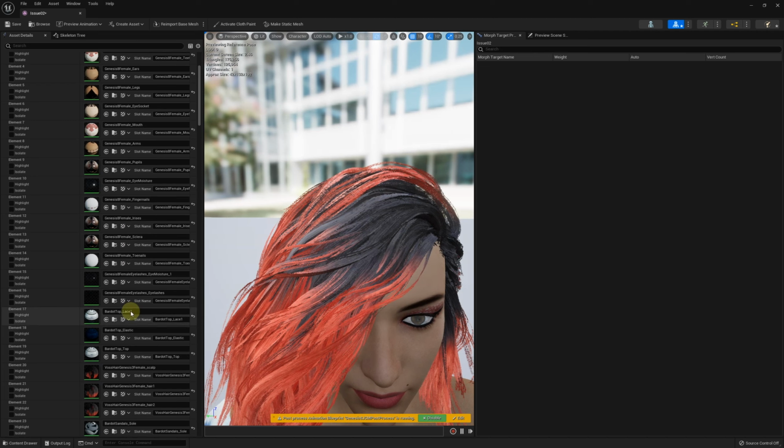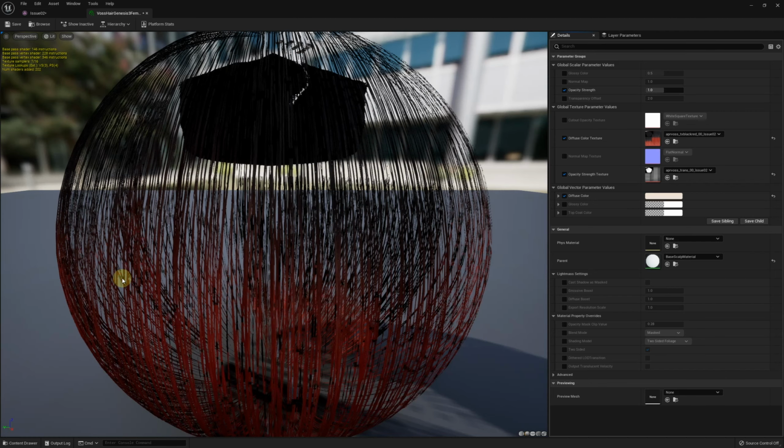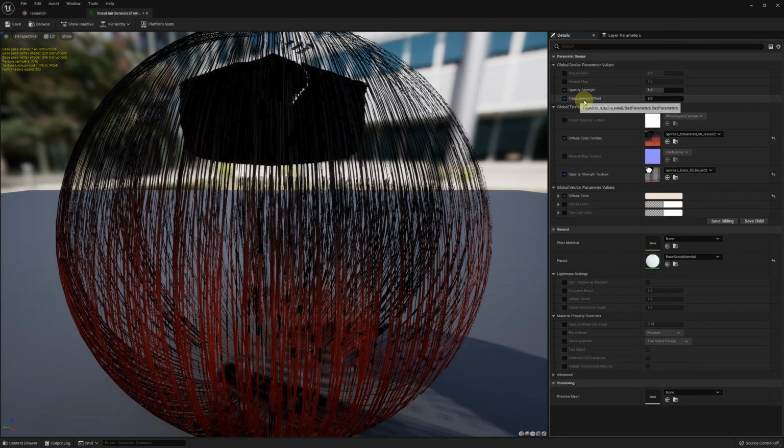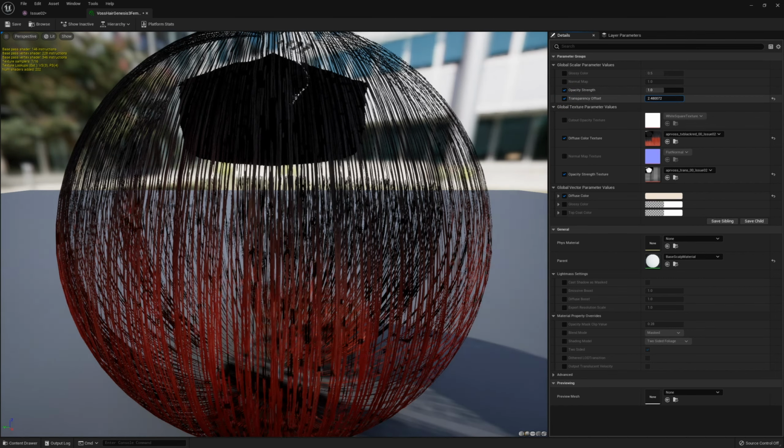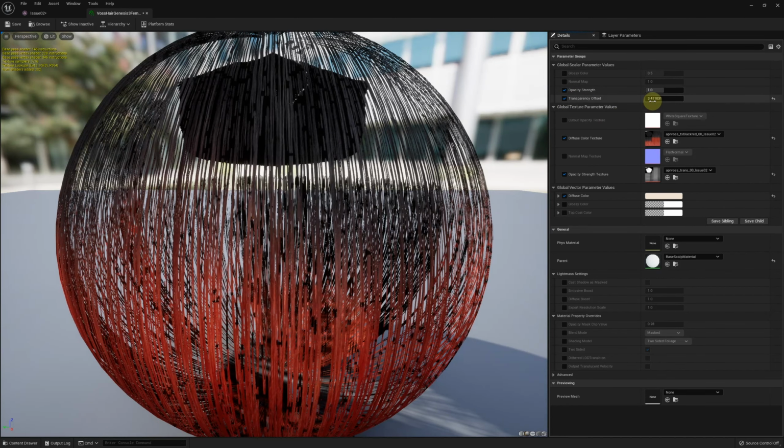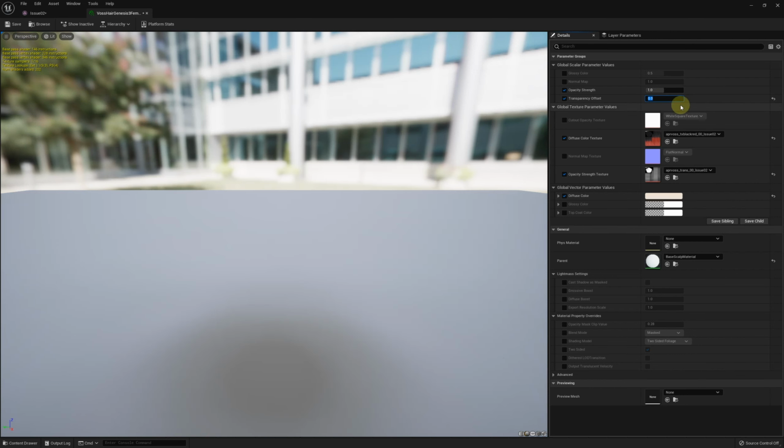You may have a hair problem. Open the material. Check the box next to Transparency Offset and adjust the value. That will fix your problem.